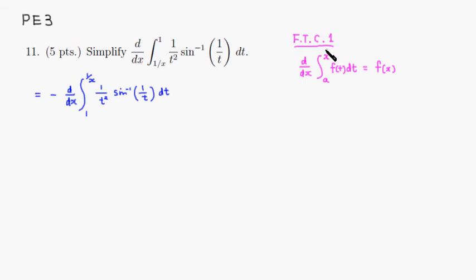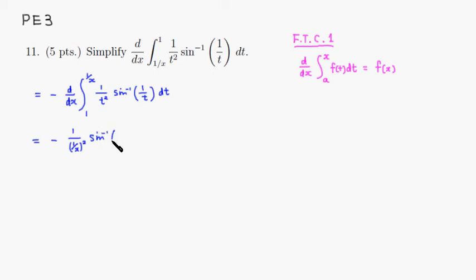So this is the fundamental theorem of calculus part 1 with the chain rule. A negative sign is still there, so we replace t by 1 over x. So it's going to be 1 over 1 over x squared,